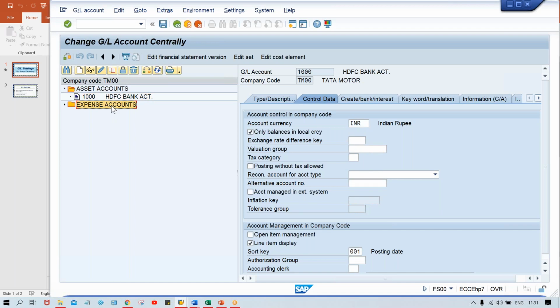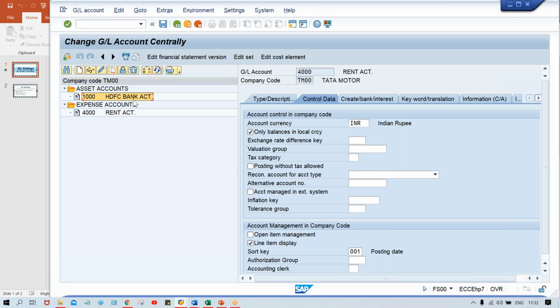And if you check this expense account group, double click on rent account. Look here, for this one it is editable. Why? Because against the rent account group I have not made any changes, right? So account group wise, under the asset account group, let's suppose there is one drawback also, that I'll explain. Under the asset account group, let's suppose I have created HDFC Bank.